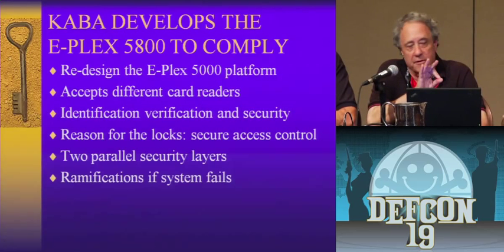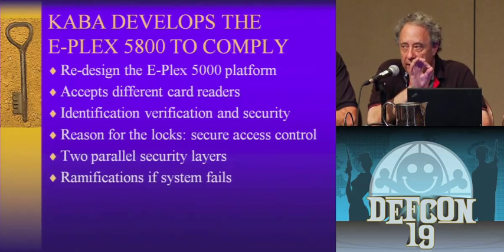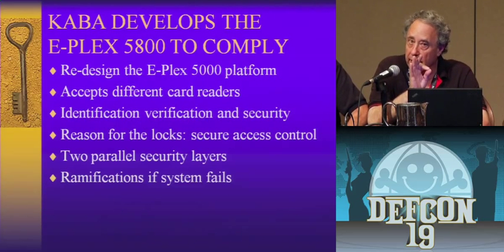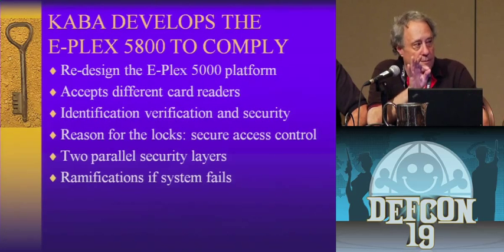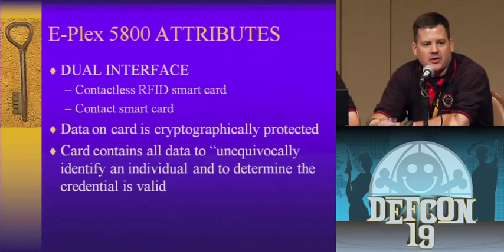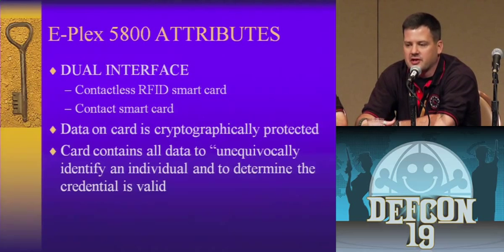FIPS 201 has nothing to do with security. It's personal identity verification in a secure card system. However, when you marry that to a lock, just like Kaba and other companies are doing, it does have a security component, because if you can bypass the audit trail and open the lock, or they don't know who opened it, then there's a problem. It's a security breach. And back to the beginning part of the lecture, if we stamp a compliance statement from Kaba that says this is FIPS 201 compliant, there's an implied assumption that we're secure, and it's just not the